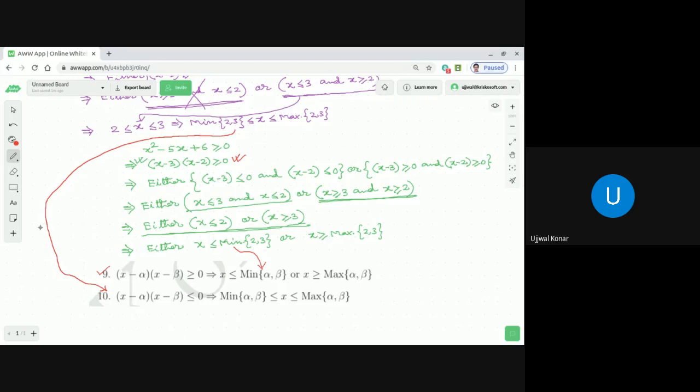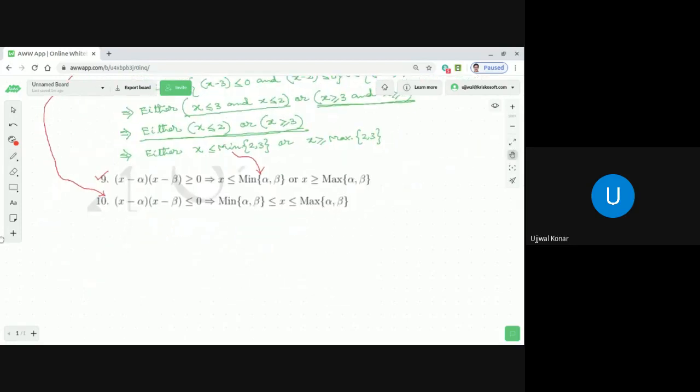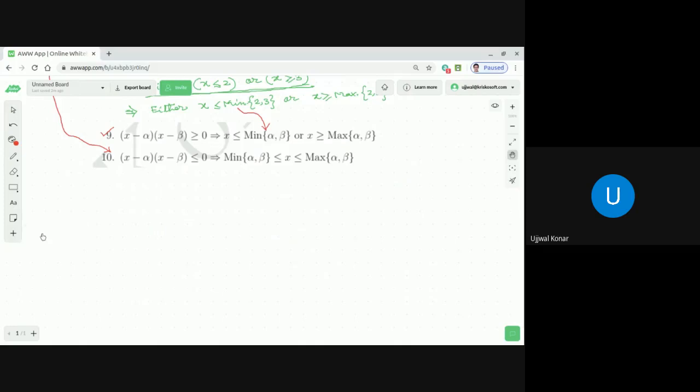The last point for today, before we conclude our class, is the next two properties, the modulus properties. In our previous discussion, I discussed these properties, but today I am going to write them down exactly, and you can appreciate that we discussed this earlier, but now we are discussing it in detail. Mod of A is less than B. When you see that mod of A is less than B, then you can conclude that A is in between minus B and B. Got it?